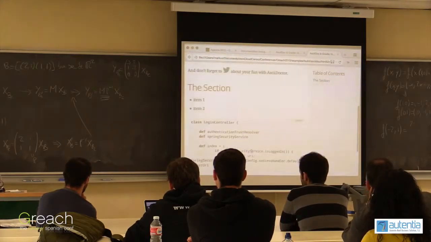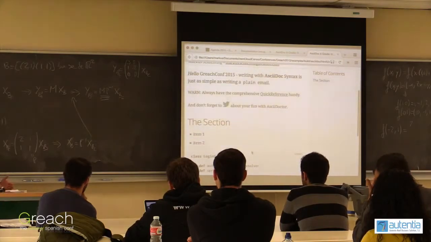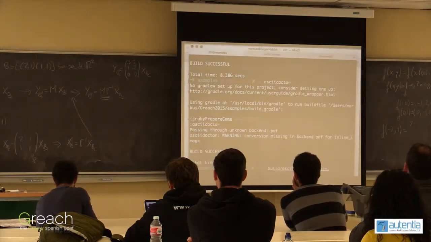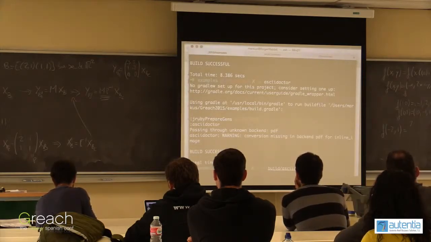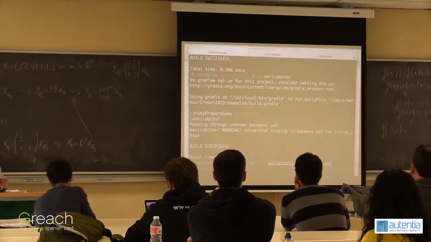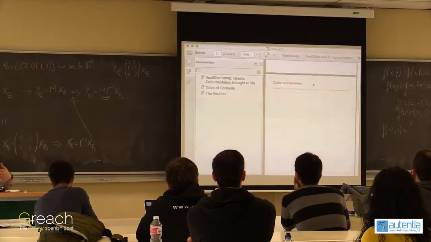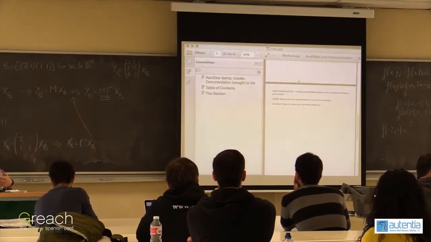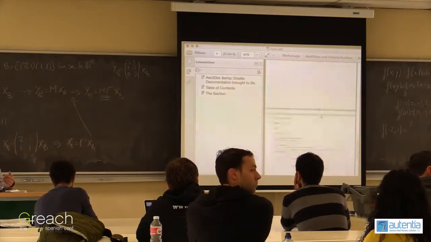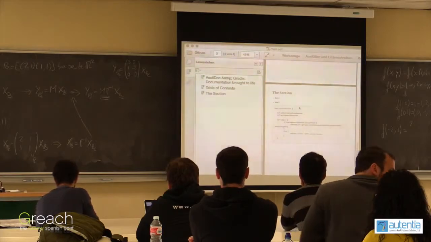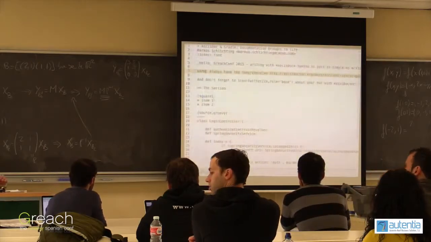let's go on. Apart from that, it also generates, per default or if you configure it in your build script, the PDF variant. And this is also already with a table of contents, a single title page, and then in here your documentation with syntax highlighting. And this is already very easy to set up, as I can show you